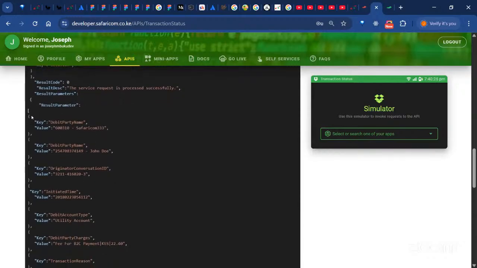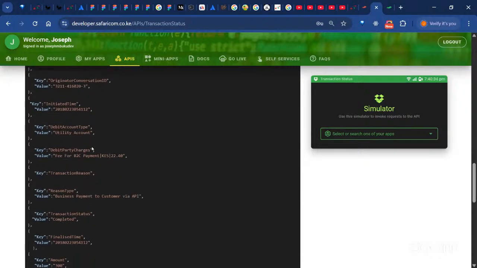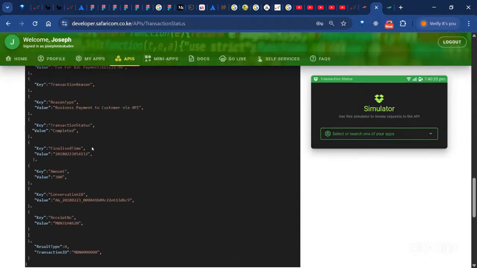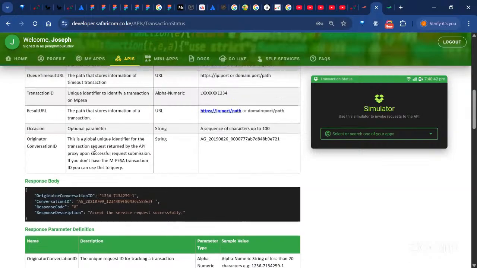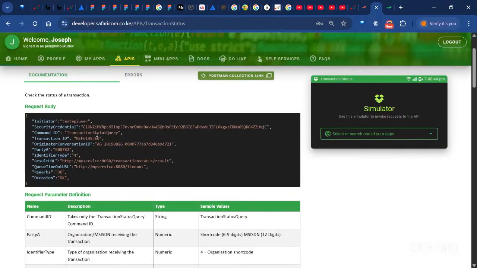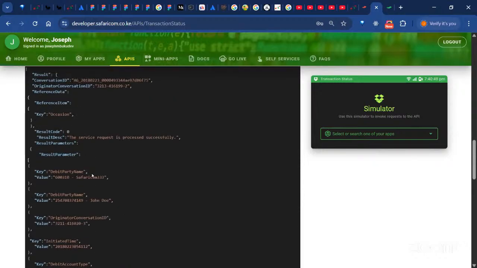So, for example, these are all the transactions in this shortcode. You can see this paid, this John Doe, whatever, and the time. So you can see them as an array. Feel free, for example, if you want to see details of this particular transaction ID, you can query it and see it here. So in terms of reconciliation,